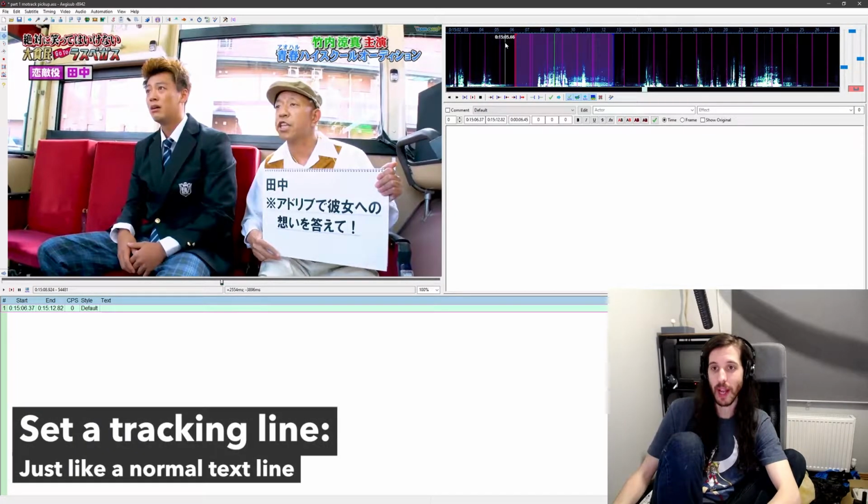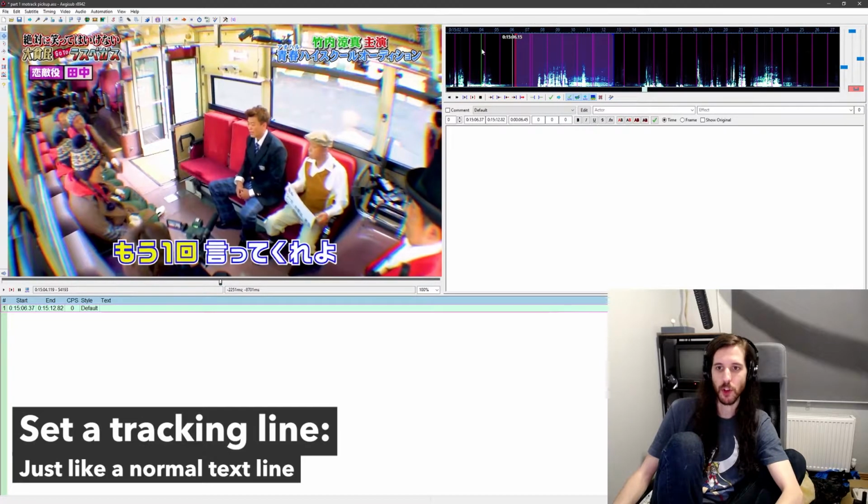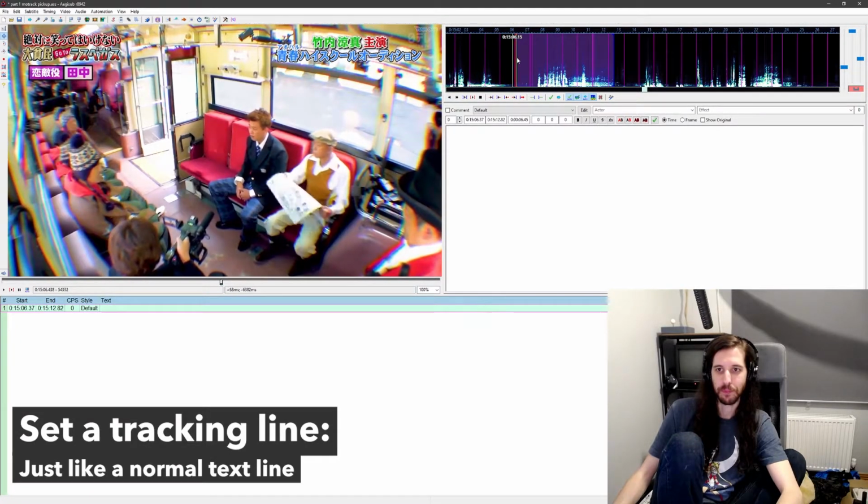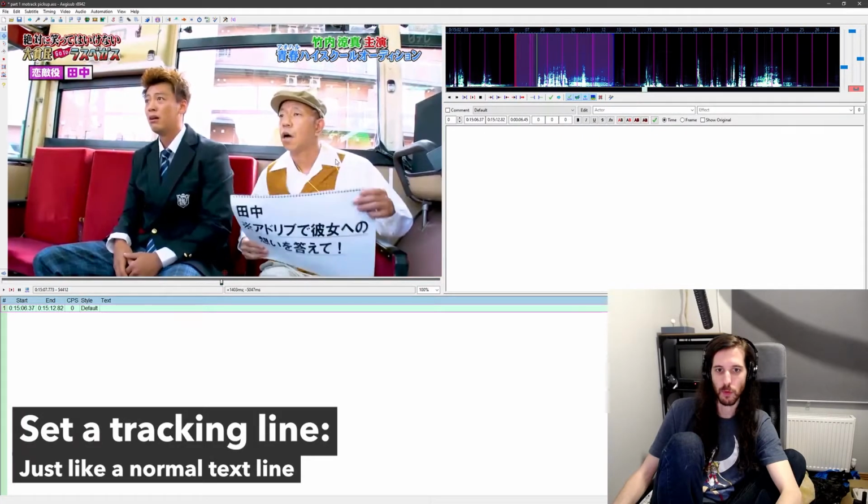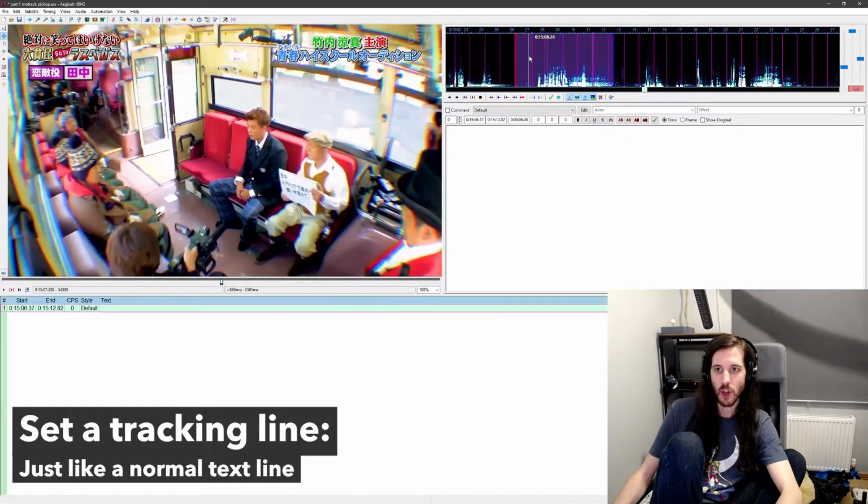So step one is we need to find where in the video we want to do our tracking, and we need to create a line that lasts the duration of the track. So I don't want to do this because it'd be too small. It doesn't last long enough. Here is really where I want to track this. So I'm going to set the start of my line there,